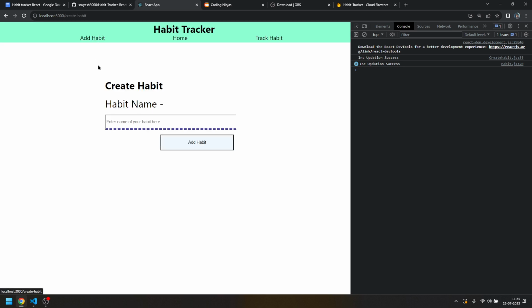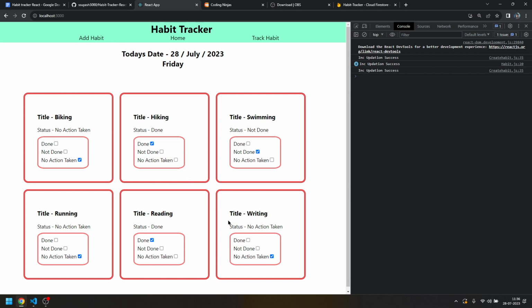On the add habit page, I am prompted to enter a new habit name. Like if I enter the habit name as writing and press enter or press the add habit button, the new habit is added with the default status of no action taken. I can then take the action as done or not done. Now all these are being fetched